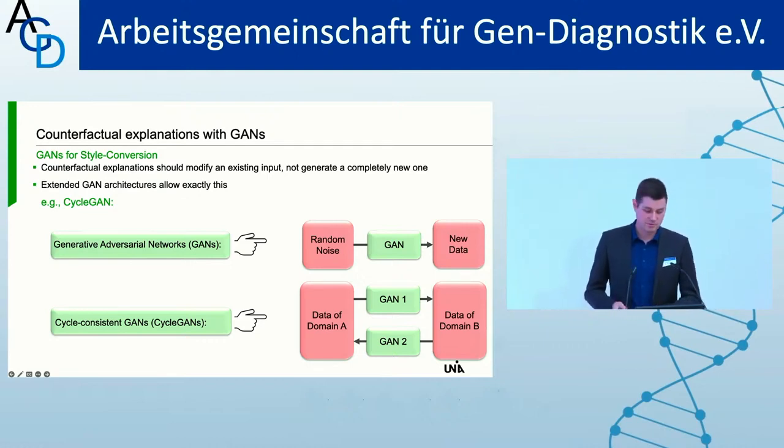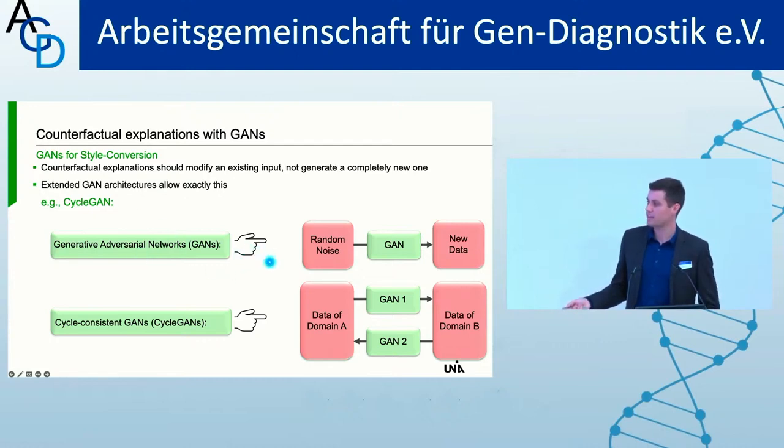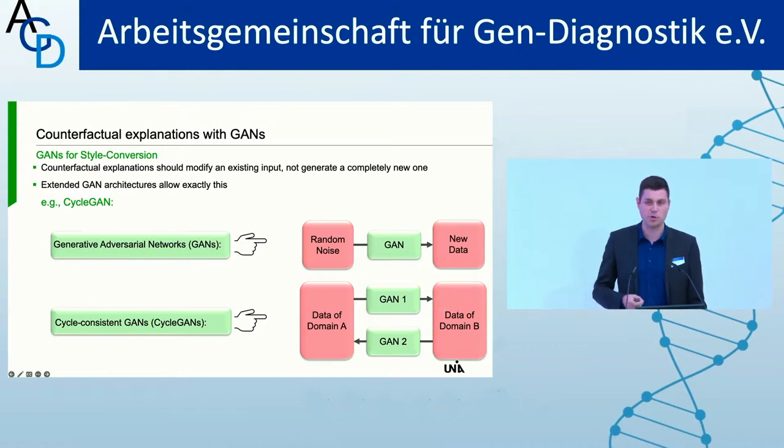Counterfactual explanations try to use cycle GANs, where you don't take in random noise to generate new data like in the original GAN approach, but take two data domains, domain A and domain B. For example, in the pneumonia case, we take the lung X-rays of pneumonia as domain A and X-rays of healthy lungs as domain B, and then we train the GANs with each other